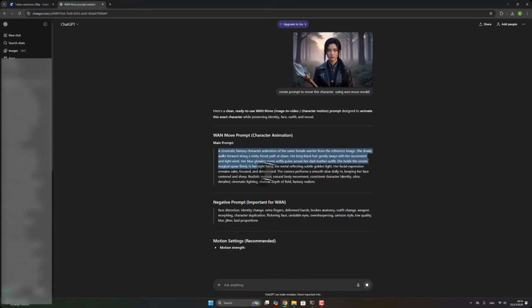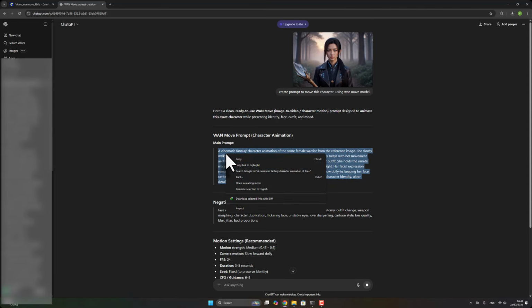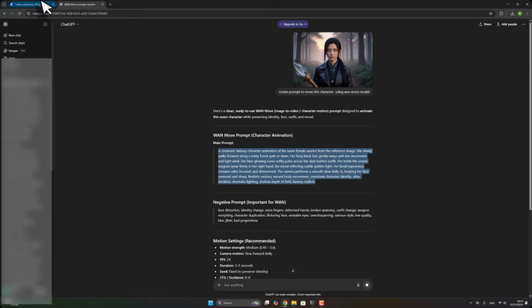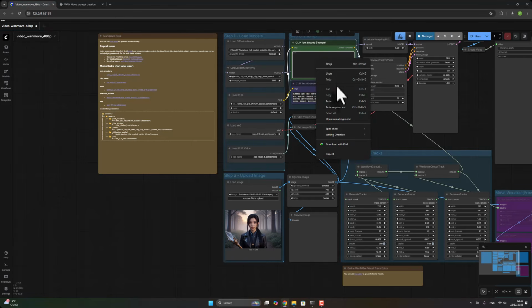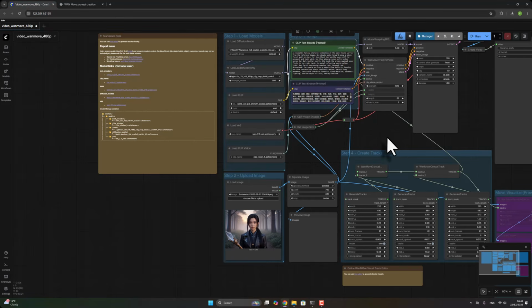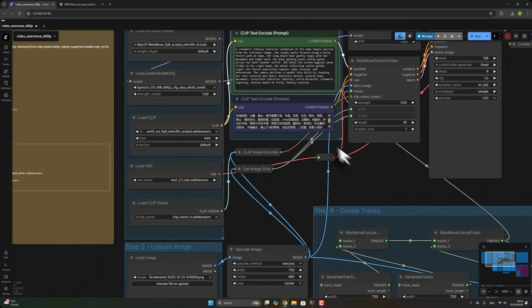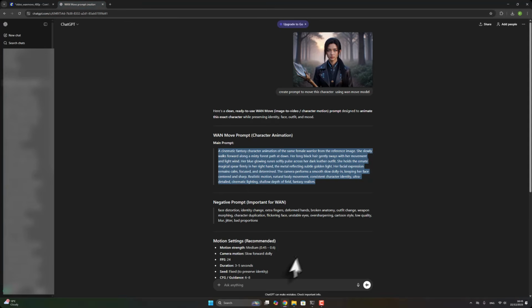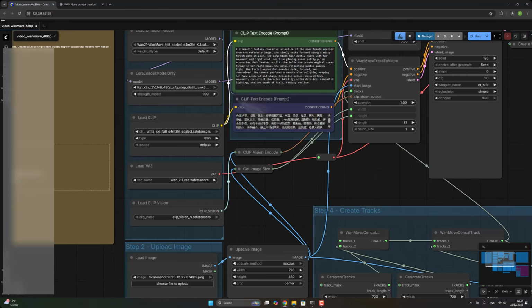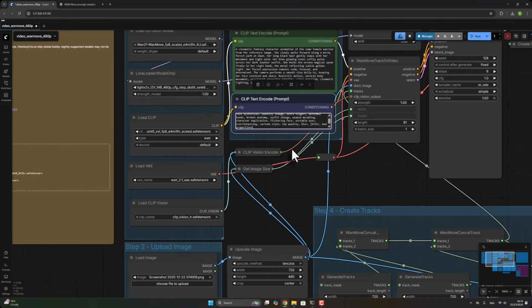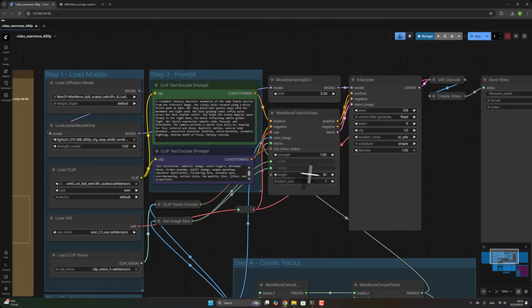For the main prompt, you can add right here. Copy. This is the first prompt, and this one is the negative prompt. You can add this or you can copy all of those. Let's copy it and test it. I think it's fine. For the length,